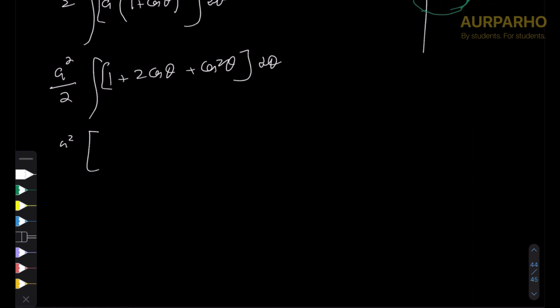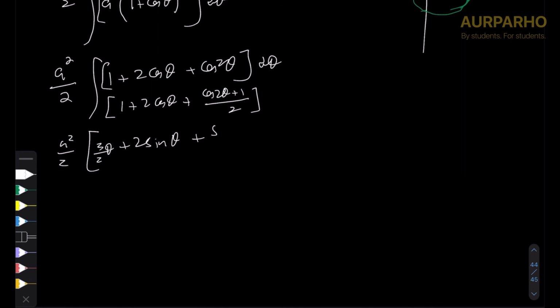This would be equal to a squared over 2 times 1 plus 2 sine theta. Actually, let's change it first. This would become 1 plus 2 cos theta, and using identities, we know that cos squared theta is actually cos 2 theta plus 1 over 2, right? So this would become 3 over 2 theta plus 2 sine theta plus sine 2 theta over 4, and we're doing this